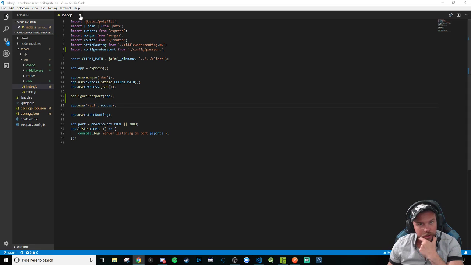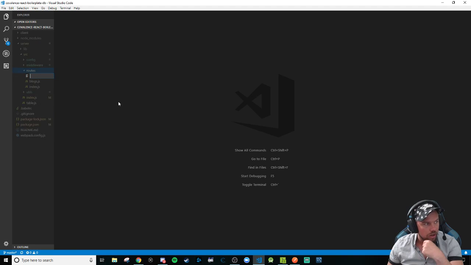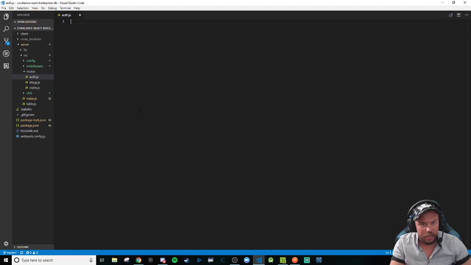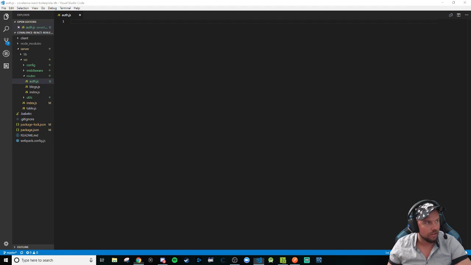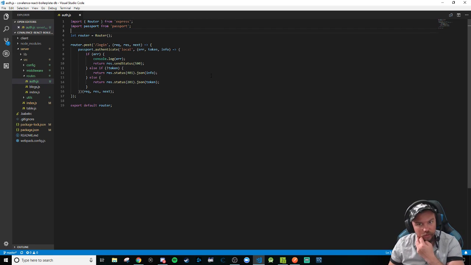Cool. And so there are a couple routes that are coded for us for our auth workflow. The first one that we're going to care about is going to be auth.js. This will be our API/auth/login. And it sounds just like it implies, this is the route that we're going to write. And I think this import is actually unneeded now, so we're going to remove that, and there we go. This is saying, hey, we're making a post request because we have to send a body, and that body will be our email and password. And it'll be a post request to /login, and it's going to go, hey,